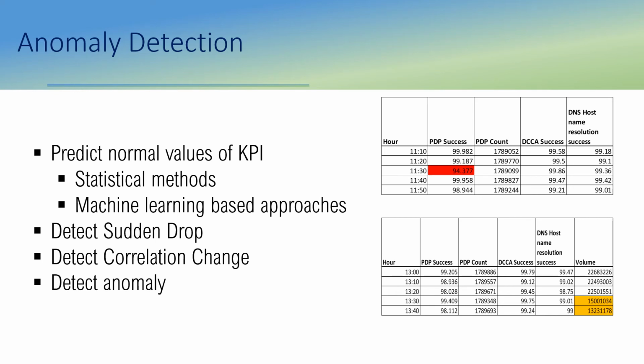So to summarize, the steps involved in detecting KPI anomalies: one is collecting the multiple KPI data which we use as the input. Two, predicting the normal value. Three, comparing the actual versus predicted. Then detecting the sudden drops. Detecting relation changes. And while doing all this, we have to consider the seasonality and consider the trend components. So making use of the time series analysis.